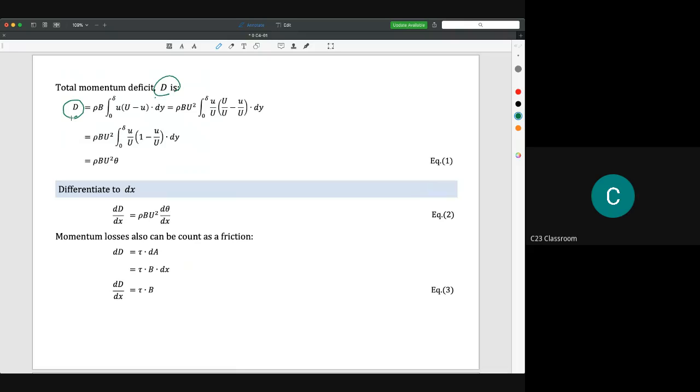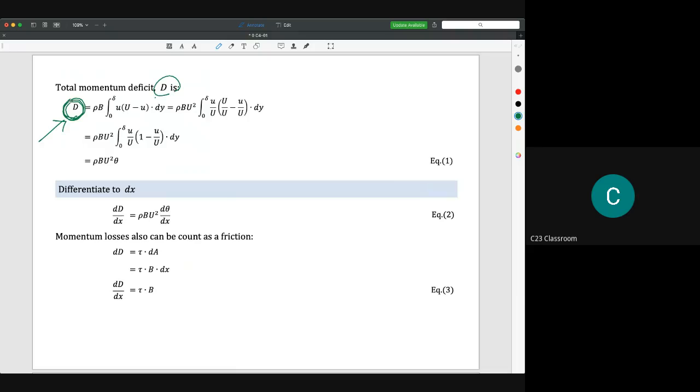So this is not actually the real mathematics law, so please ignore it, because in certain textbooks they will use a different symbol. So I just use D. Okay, and then we get the total momentum deficit here, D, and then because the integral is in dy,